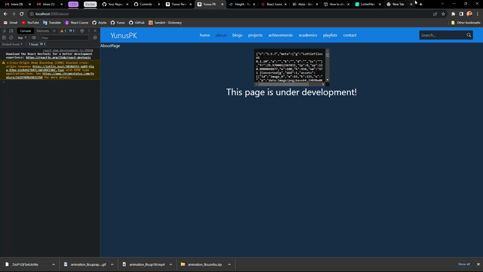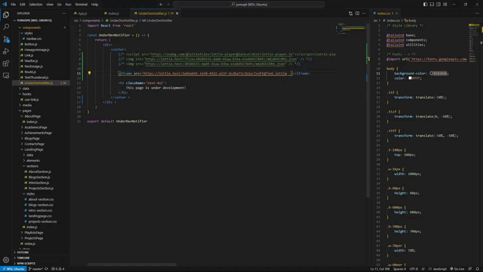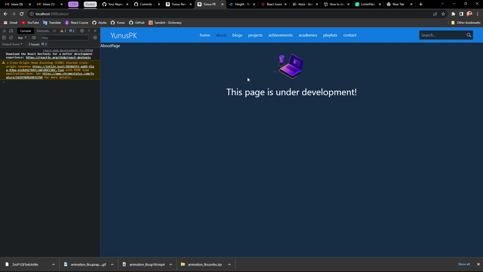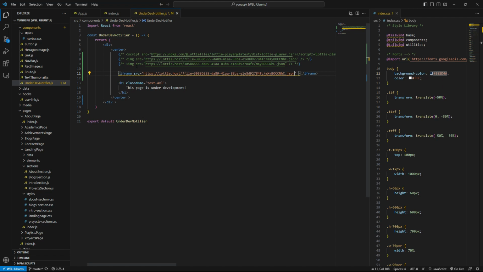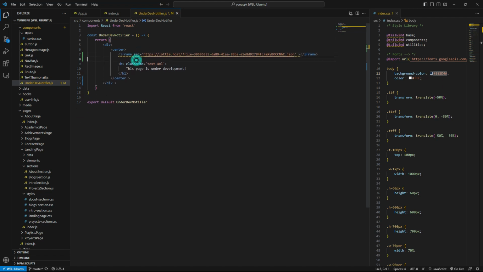And another thing is this embed URL is also a JSON. But either way, we're gonna just try. Okay, finally that works. After that many trials and errors, things work.